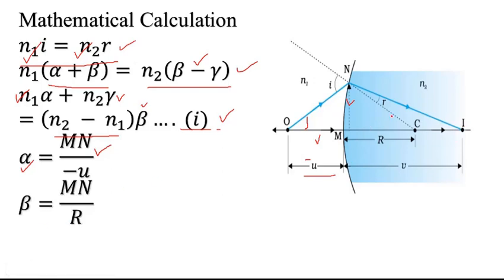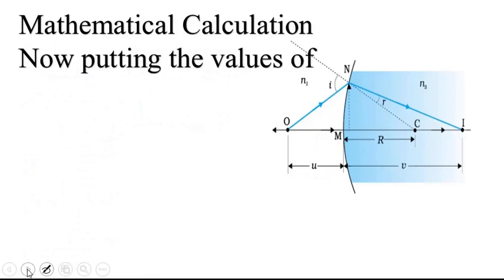So let's see the beta. So this is the beta, and beta equals, here will be MN by R, and hope that there is no problem to understand at this step. And this is the gamma, so gamma will be MN by V. Now we put the values of alpha, beta, gamma in equation number 1, and after the proper calculation we get the relationship